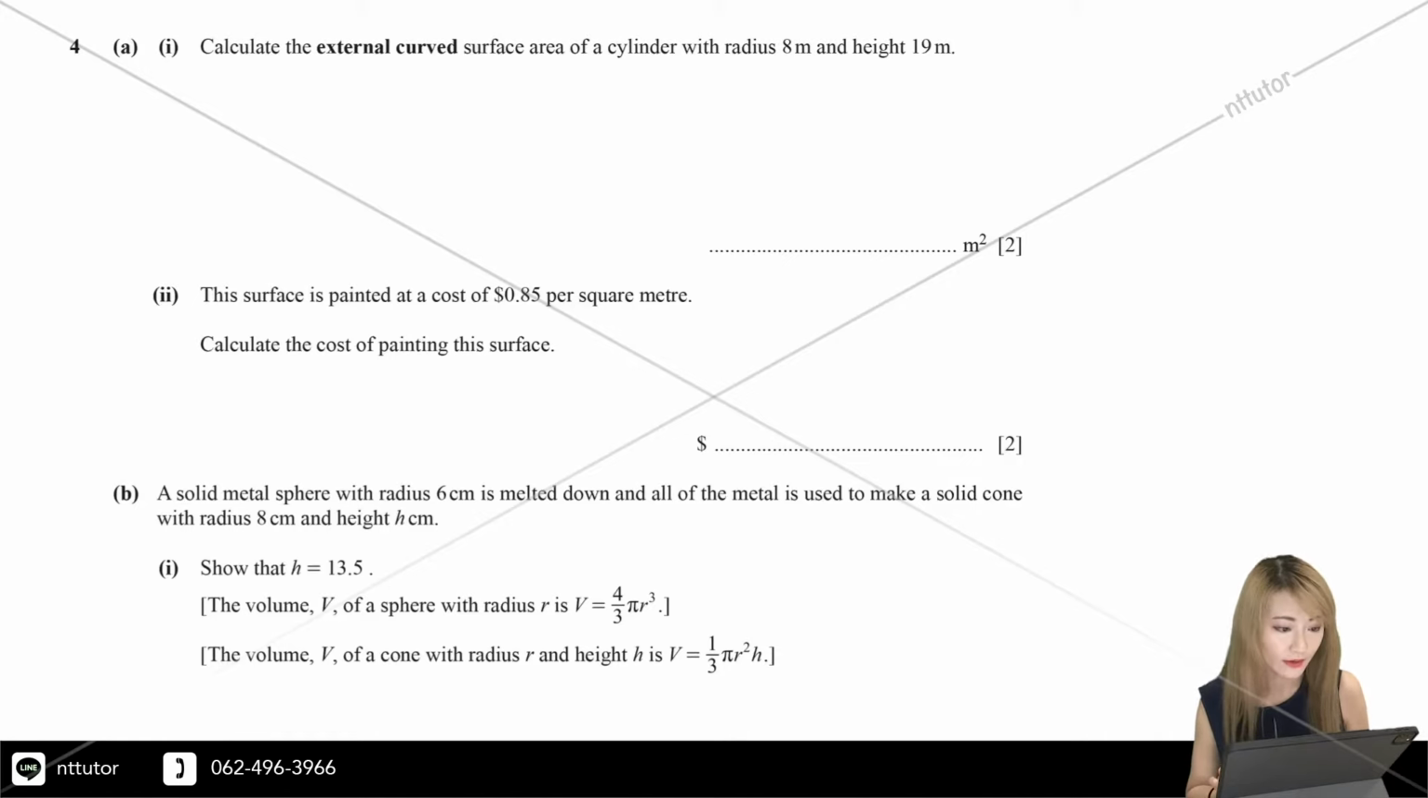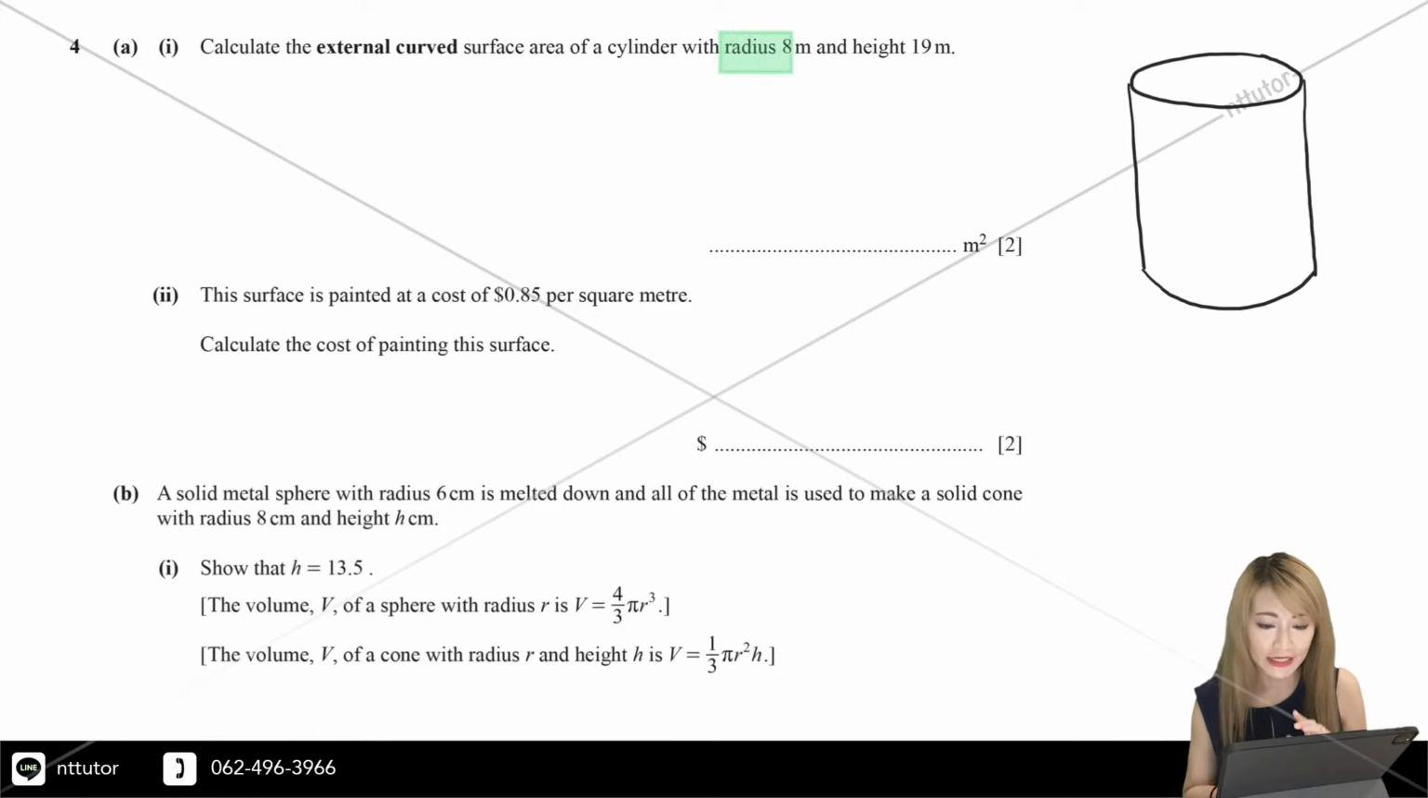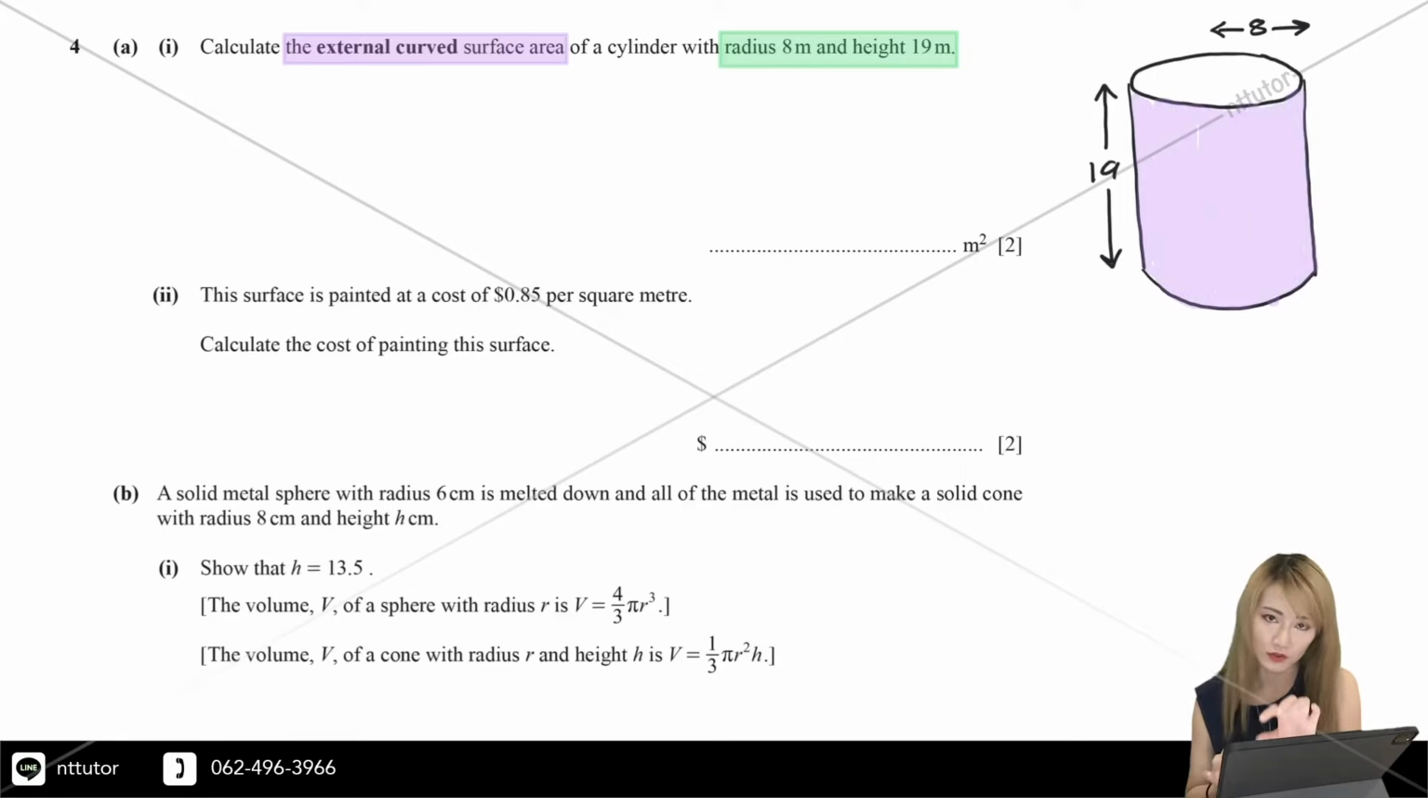4A1. Calculate the external curved surface area of a cylinder with radius 8 meters and height 19 meters. So if I sketch the cylinder first, with radius 8 meters and height 19 meters, the radius is 8, the height is 19. When it says external curved surface area, it refers to this purple area surrounding the cylinder over here. And if you imagine that you take that curved surface area out and flatten it out, it would be